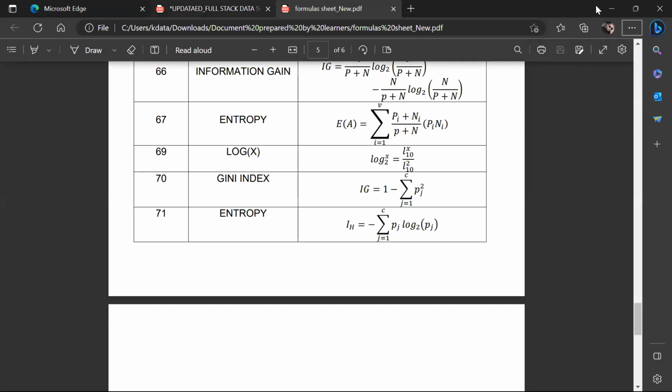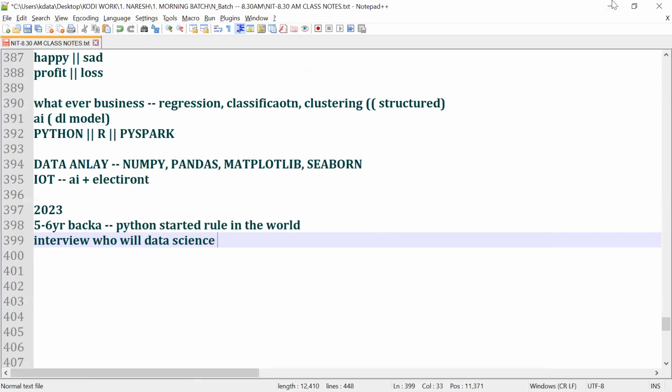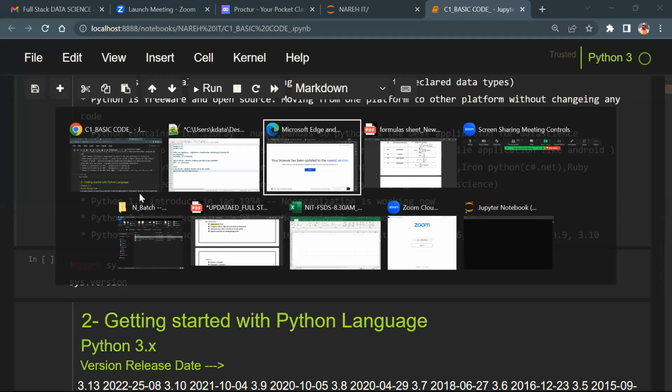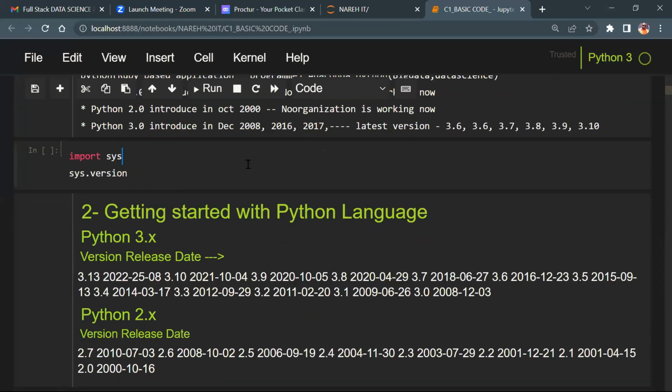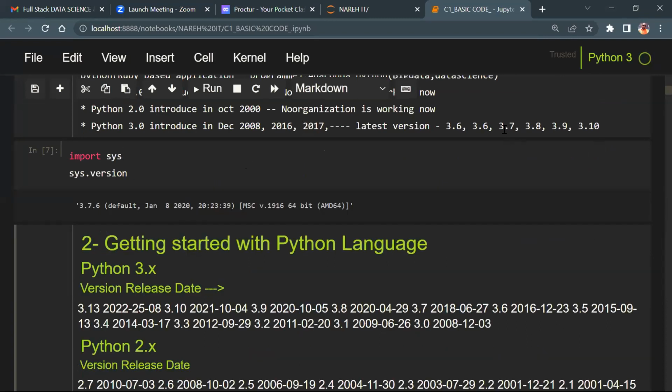Now, let me talk about this. How to check the system versions, guys? Import sys, and you get the system version. As I said, I'm using 3.7, but I think anybody got 3.11? Did you try it or not? Okay, please try this.